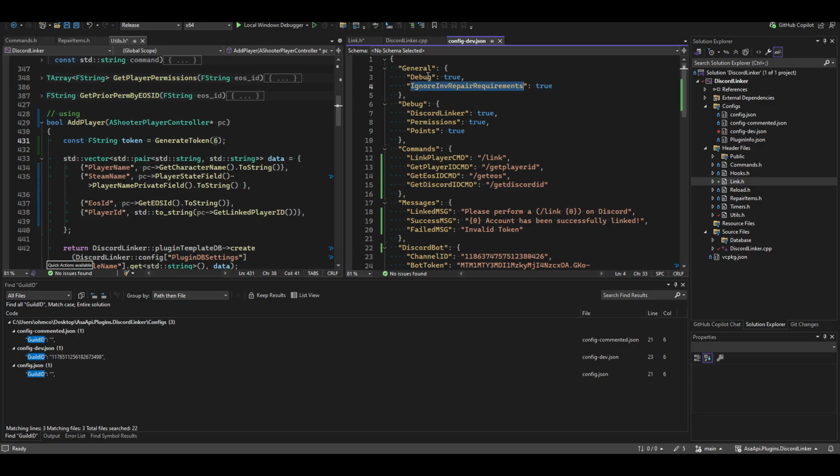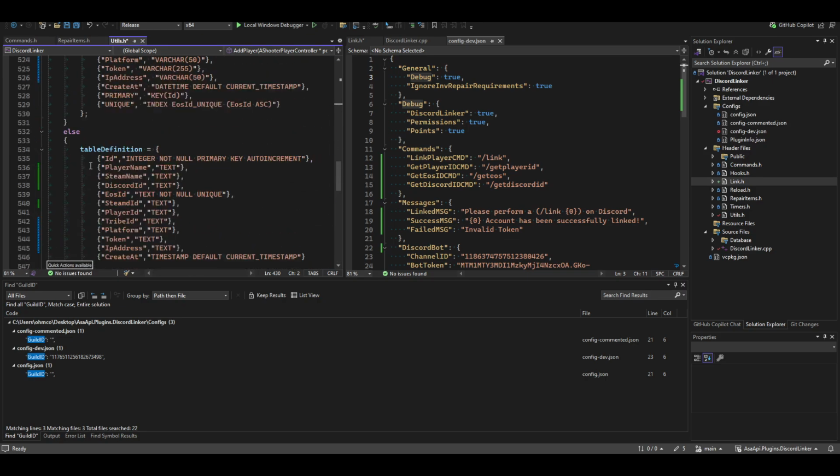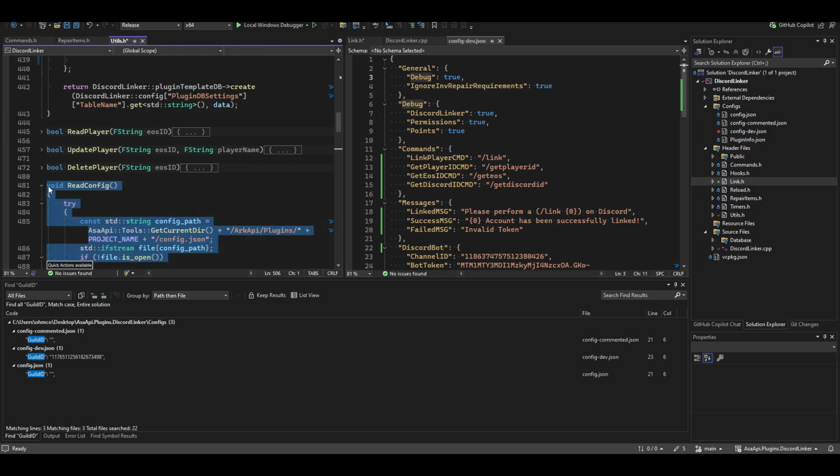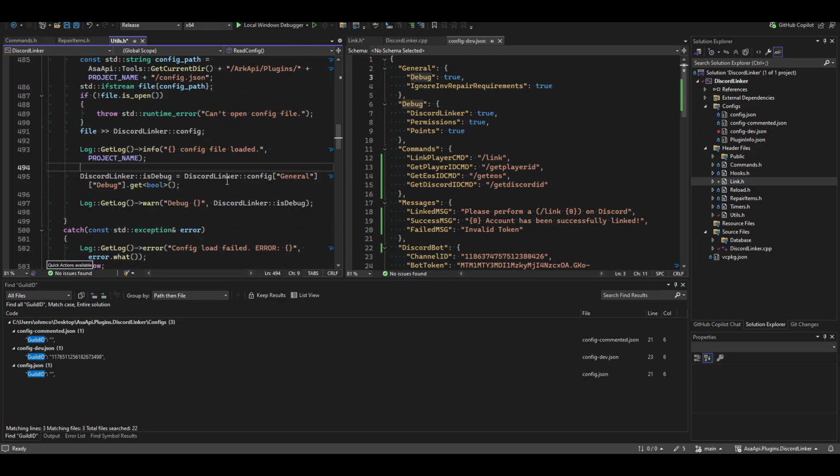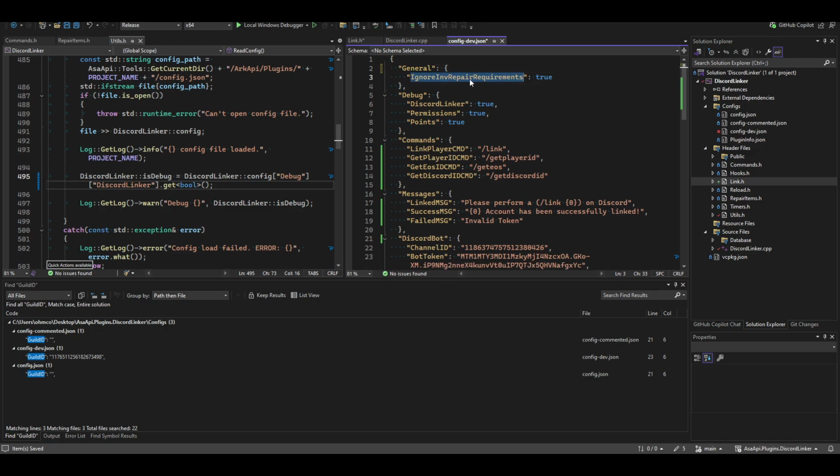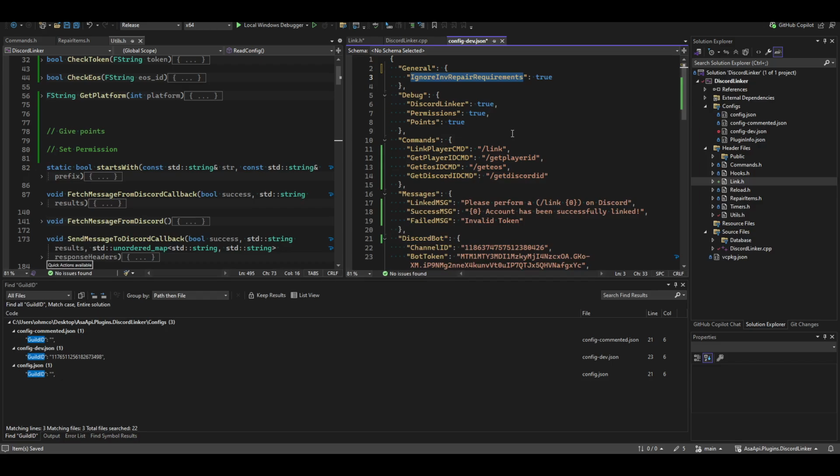Also the debug thing. I think I remember that I changed that already. Right here on when you load, it's the loading read config, right? Read config, general debug still, right? So what you're gonna do is debug, and then this one is Discord linker right here. So you don't use the general one. Okay. But for this one, token digit, and then we write 6